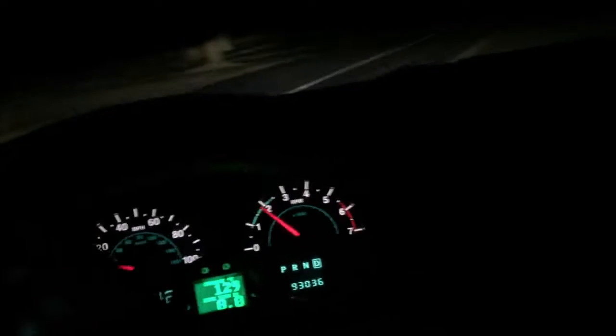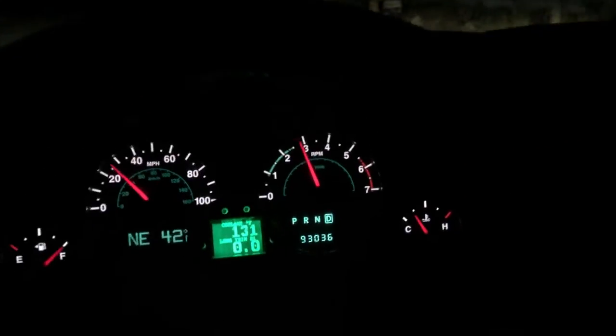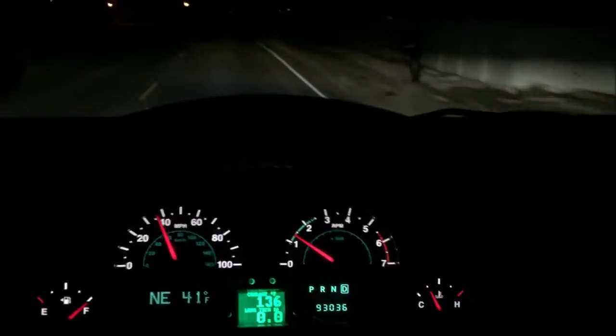And you can see by the dash pictures here, we've got no dash lights on. It's been running perfectly. The thing is, it's impressive. It really is. So let me just start off by saying the 6.2, in my opinion, now that I've got about 500 miles on it, may be a little much